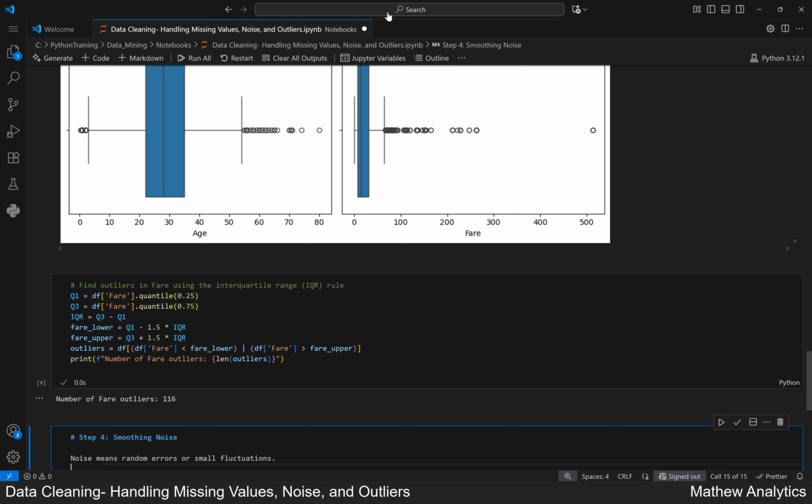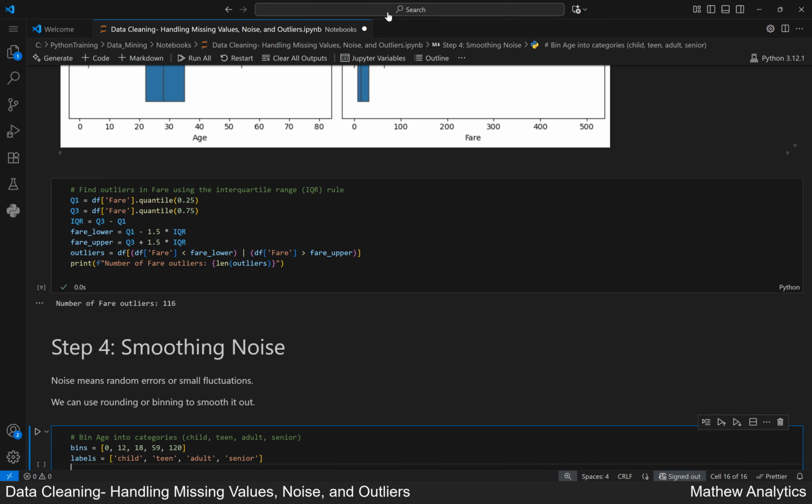Let us create age groups. This helps reveal patterns hidden by noisy details. We define bins for different age ranges, naming them child, teen, adult, or senior. We specify the boundaries for each age bin in a list called bins. We create a list of labels corresponding to each age bin. We assign each passenger into one of these groups using pd.cut and add it as a new column, age group,